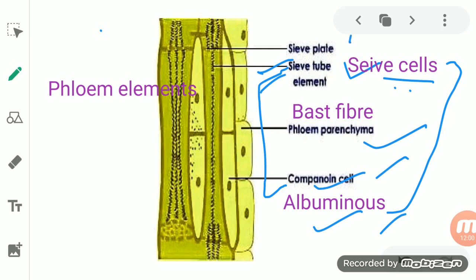So if a parent cell we will take, it will either form a sieve tube or a sieve cell. Here it will either form a companion cell or an albuminous cell. Sieve tube and companion cell most of the time are always together, and that's why we can say they are sister cells. While sieve cells and albuminous cells are always together, so we can call them sister cells. Now if we see in case of angiosperms,